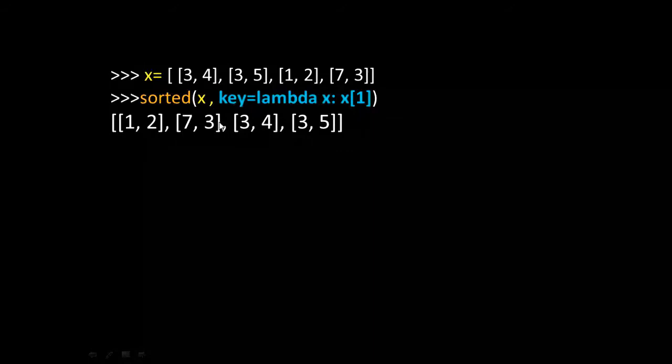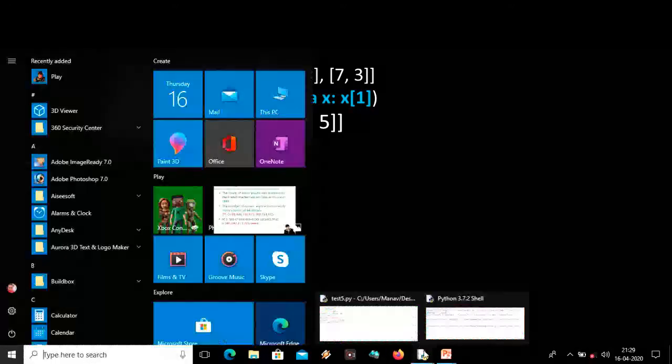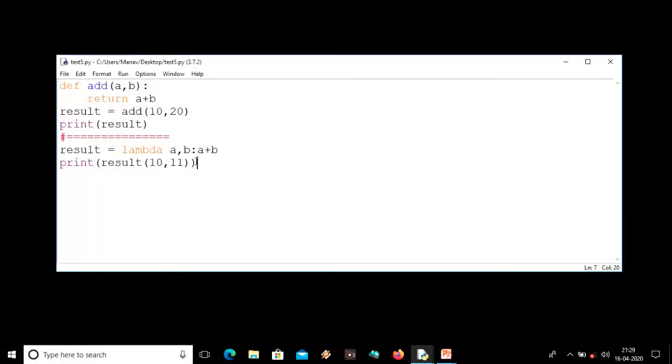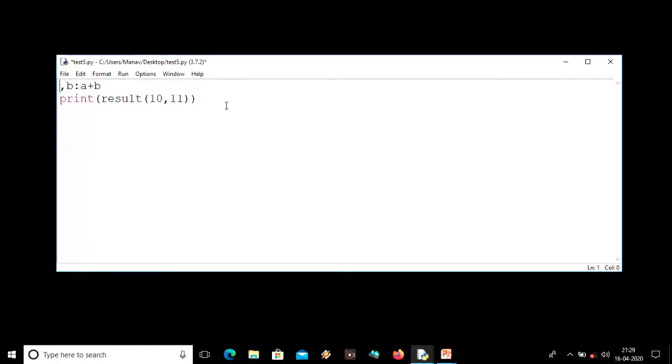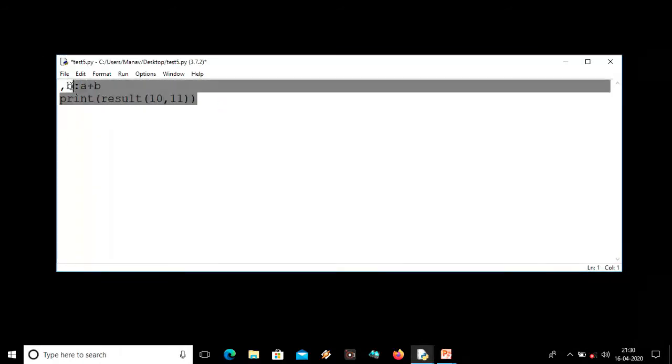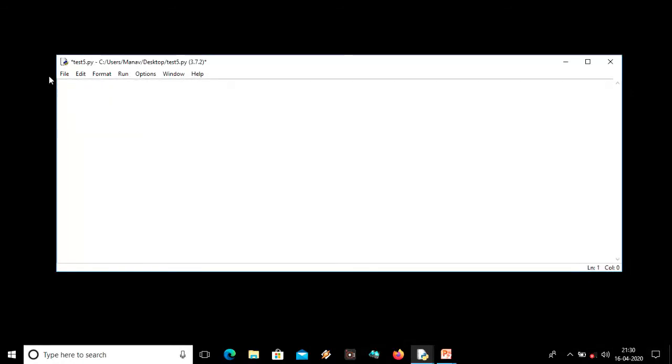Now let me show you with an example. Let me remove these things. Now let us suppose we have the variable x, and x is a list of lists, and under this we have a list of 2 values for the first item and 2 values for the second item.